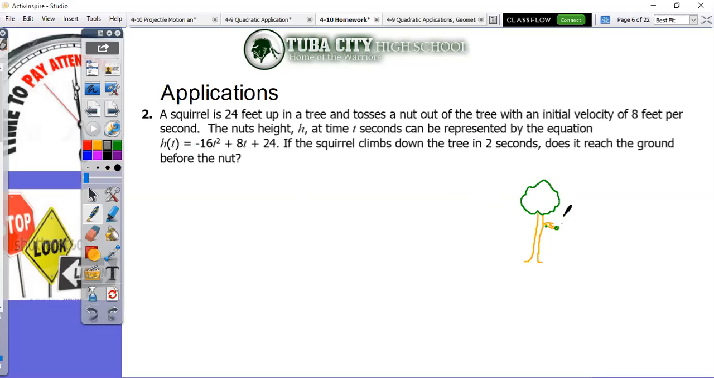Now let's make him look more squirrel-like. Got a big old tail and a little head. So anyway, it's thrown upwards with a little bit of force. I wouldn't really know exactly how that works out. And he throws it and then decides to immediately climb down. So we're going to see if he can climb down faster than the nut can go up and then back